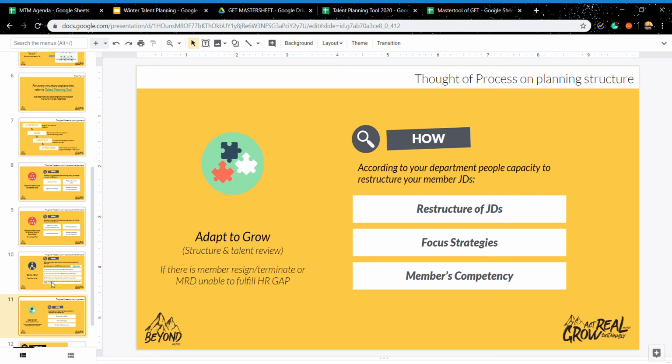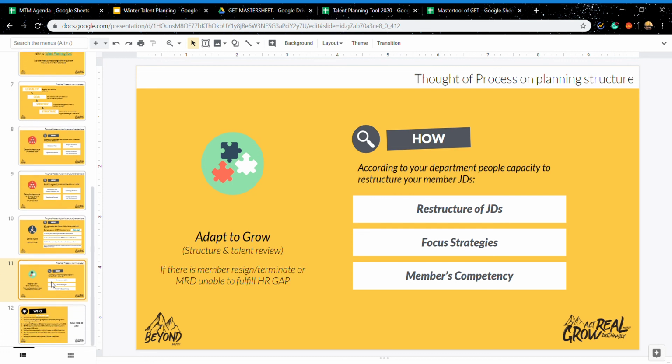Another thing is about member competency. You have to really evaluate member competency before giving them an extra role. It's very hard for members with low competency to suddenly handle an extra role, right? It will be a burden for them. So you need to do your talent review. You need to have your 9 box so you can know which member is more competent than others. So basically this is the four steps you need to do during your talent